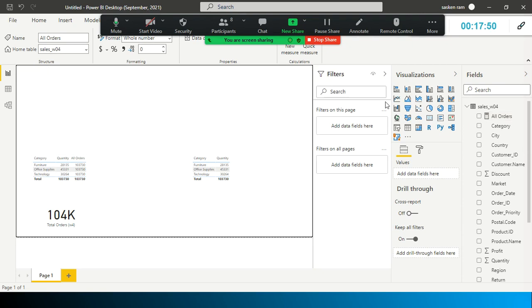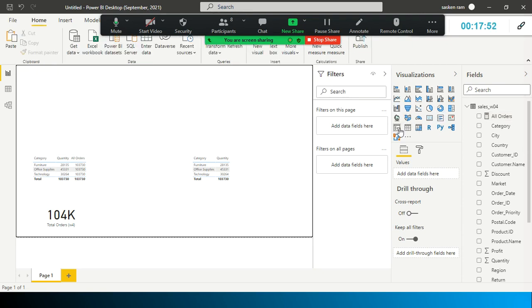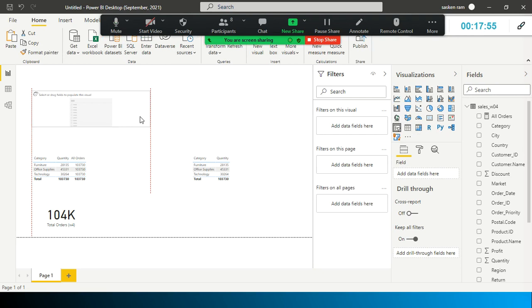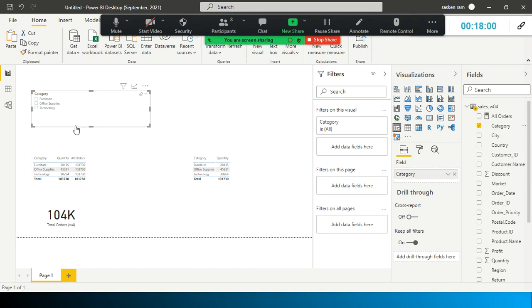Even if I use an external filter, for example a slicer, I'm going to use a slicer here. In this slicer, I'm going to copy and paste the category. For example, if I select furniture and technology, for this selected category in my filter, the corresponding values are filtered here, but the All Orders still remains as it is, because we have disabled the row column filter on the category column.